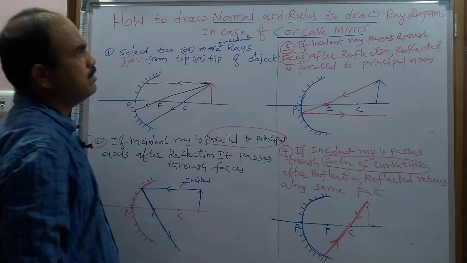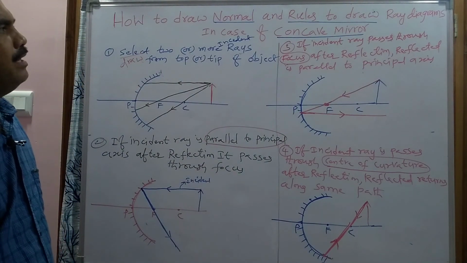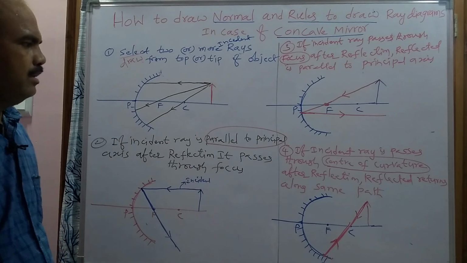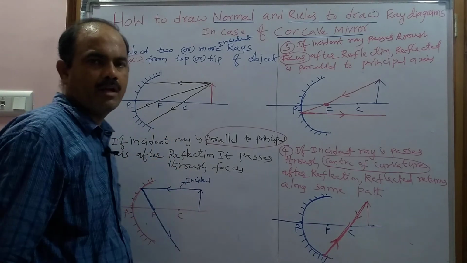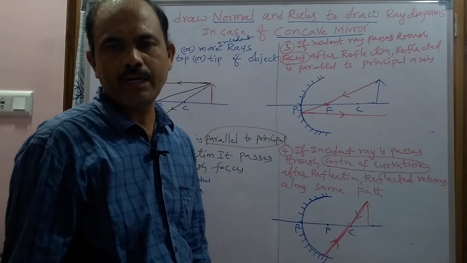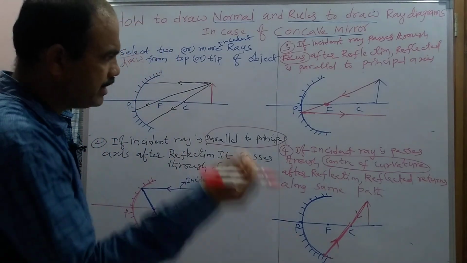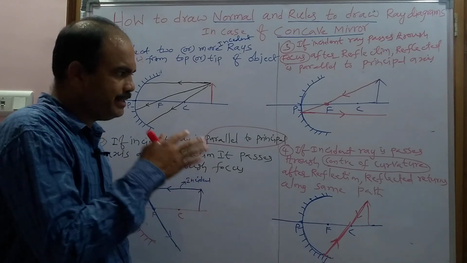So these are the rules to draw the ray diagram in the case of a concave mirror. These 4 rules are very important. If you know the rules, we can also easily learn the different types of images formed by the concave mirror. So if these 3 rays are not possible,